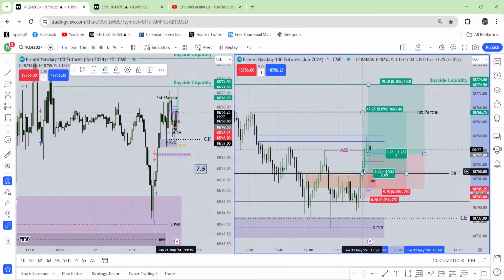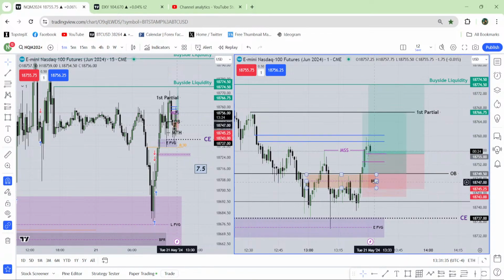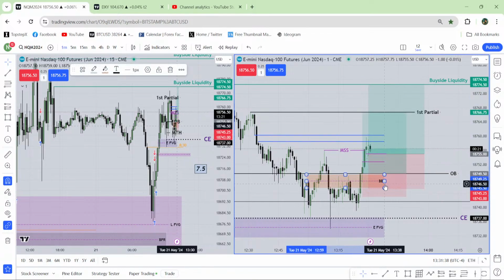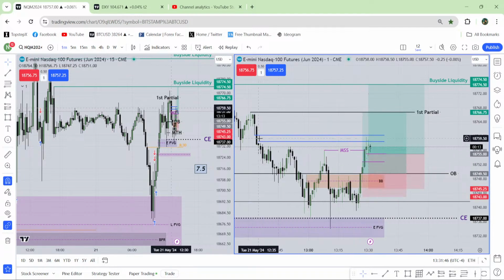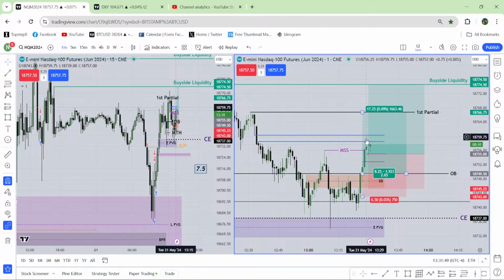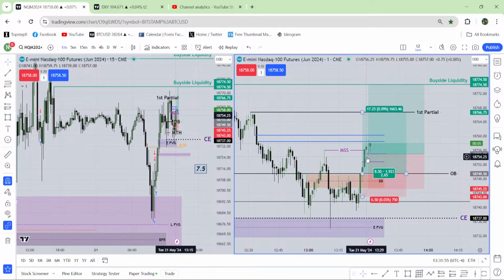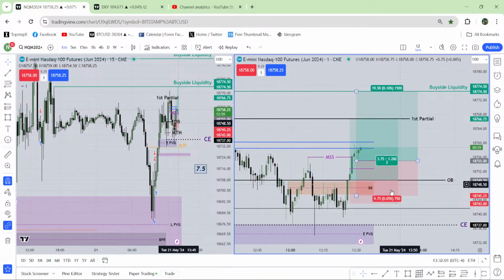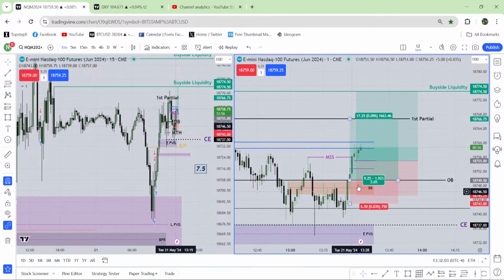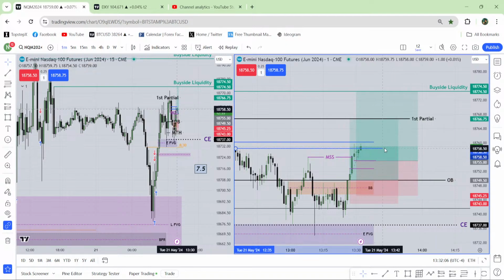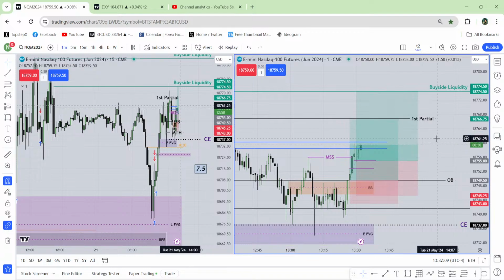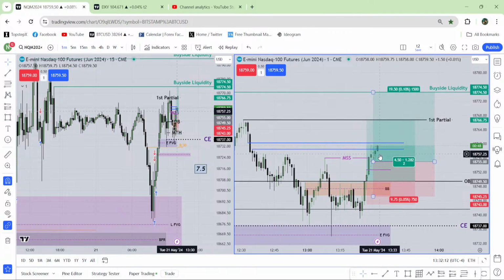Here I can't wait for the entry fair value gap. The reason is this breaker block area is much more important. Most of the time the market doesn't even give me the opportunity to take an entry at that fair value gap. Fortunately I have this last fair value gap, so I got the reaction. See, this reaction sent the price to that entry fair value gap, I mean, sorry, the first fair value gap. That is why I am lucky to catch that move, but the stop loss has to be below this last fair value gap. Now the only thing I should see is a body close above this fair value gap, and it can't be a fake breakout. It has to go fast.